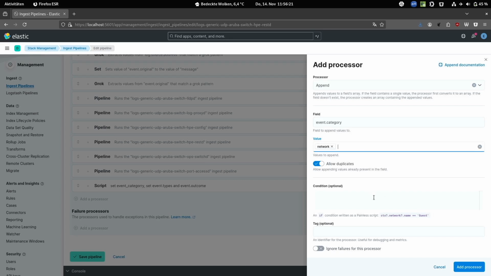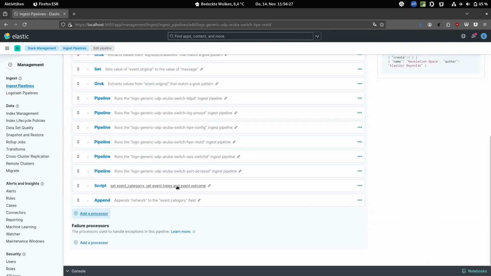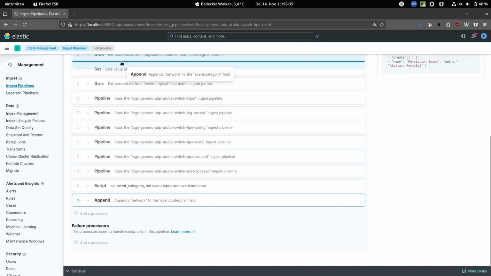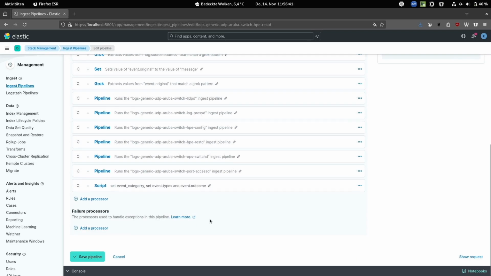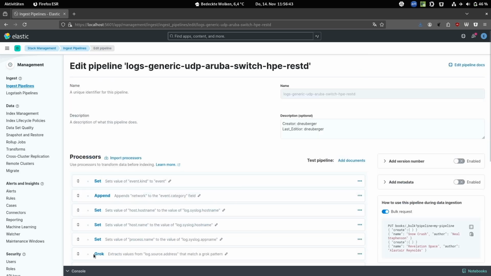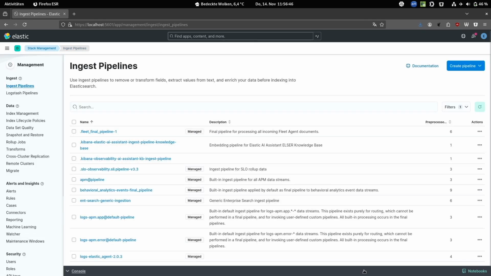Event category, maybe on some statements. And then it's classified as, yes. And then it goes on the top, and then I do my first categorization, save and deploy pipeline. Then I can start to enroll the agent and ship my data in, and the data will automatically route into the specific pipeline. So yeah.